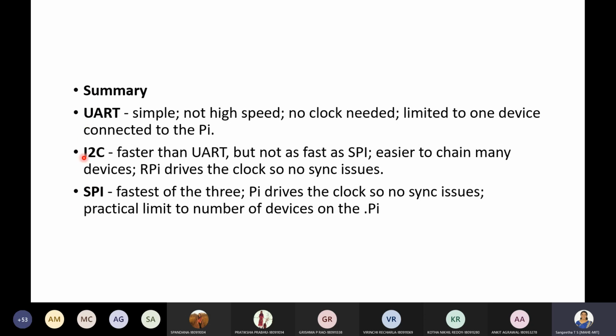So there are many advantages when you consider I2C, wherein it enables the Raspberry Pi device to be connected to many other devices, and in terms of data transmission it confirms whether the data is being received by the other device. Whereas if you want speed of data transmission as a criterion, then SPI is the best.